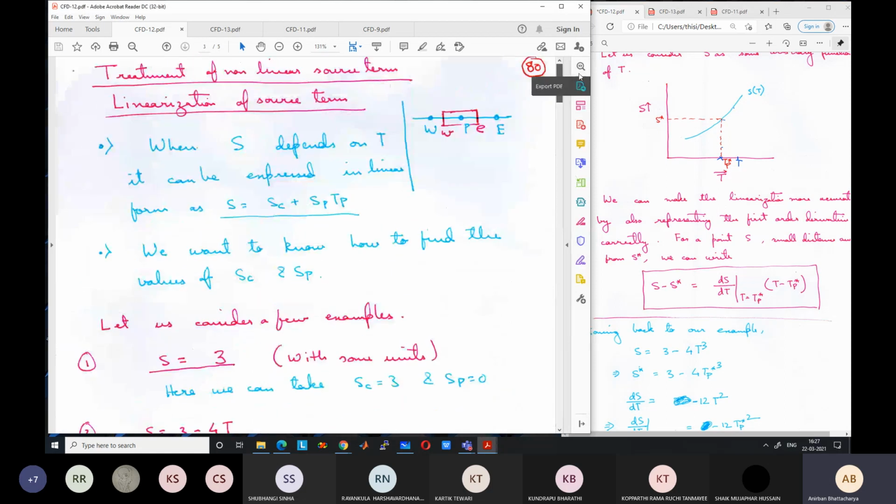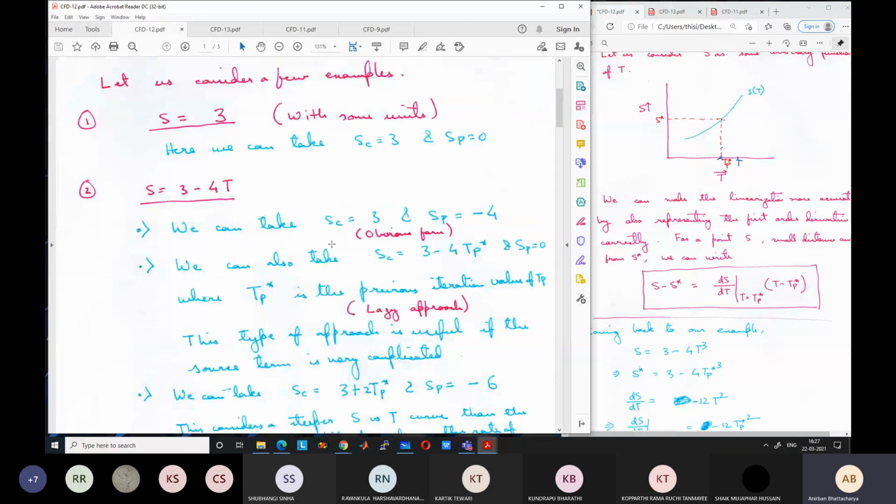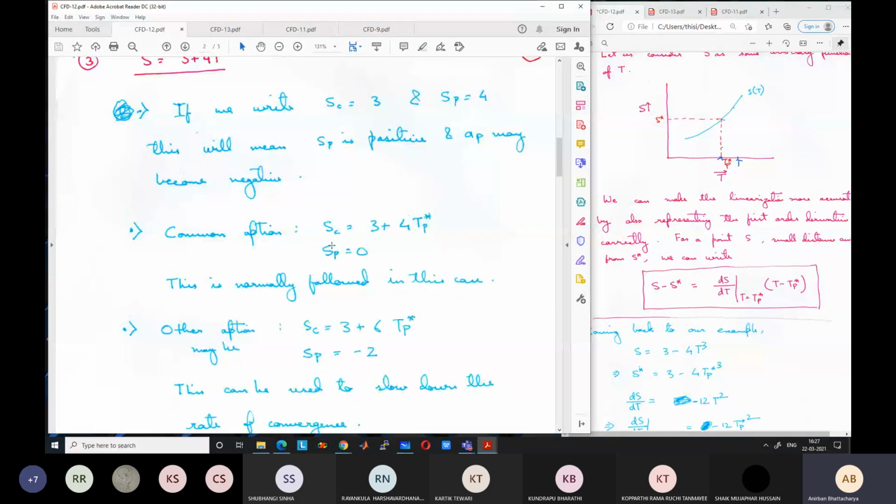So this type of small problem can be asked in the next exam. For example, I can ask you to do a source term linearization of a certain source term. I can ask you what will be the suitable value of Sc and Sp for this. It may not be possible to linearize. So if you do a linearization and find that it is not possible to use that, then you have to state what is the alternate best possible option for those cases. Okay, so something like that.